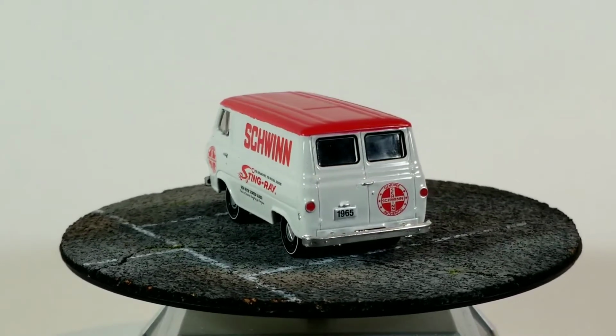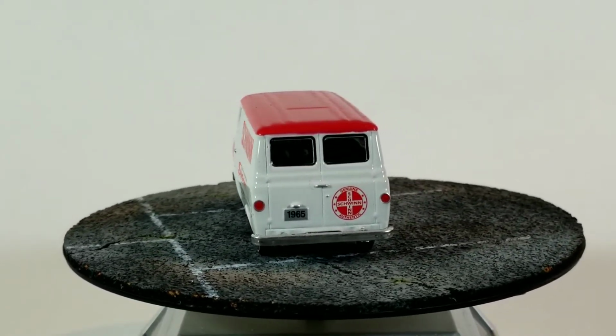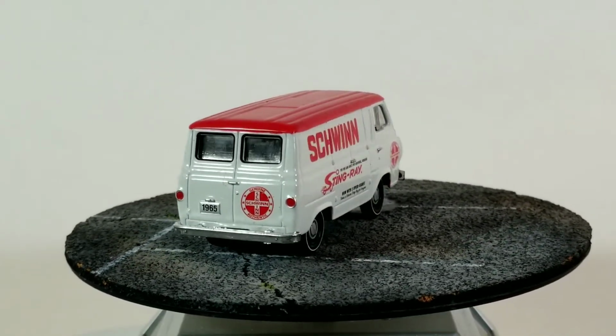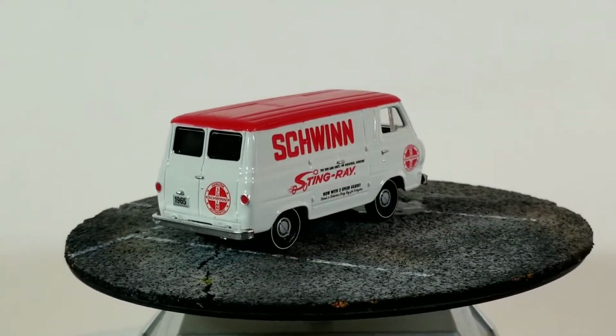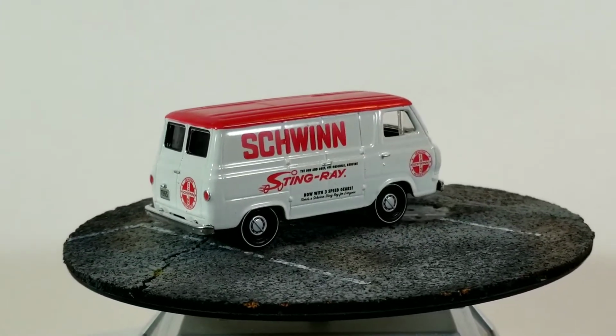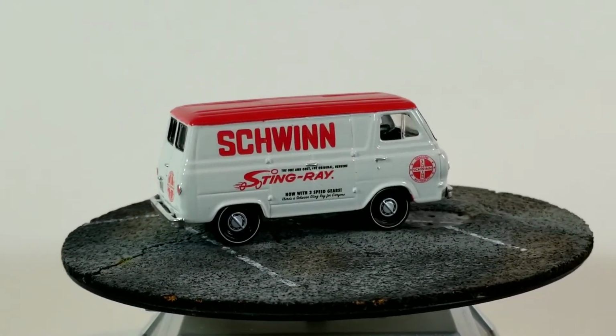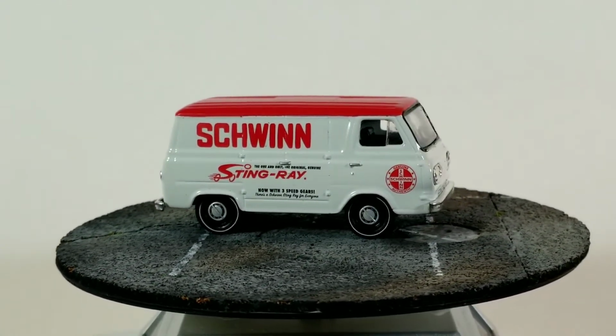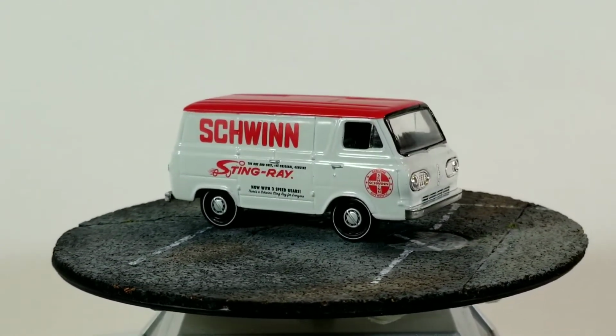If you're a bike person, it's not bad. It says Stingray on it. It's kind of cool if you're a Schwinn fan, or if you had a Schwinn bike when you were little or younger. Or maybe you even have a Schwinn racing bike now. I don't know. I really don't know how popular they are. I'm not really in the bike world. But